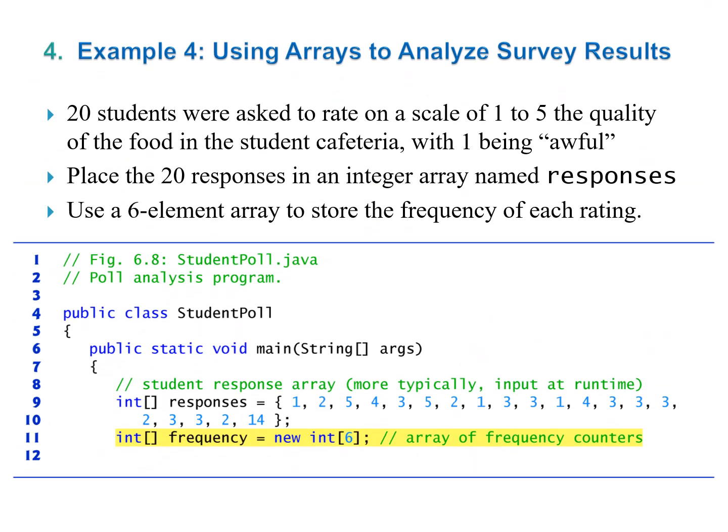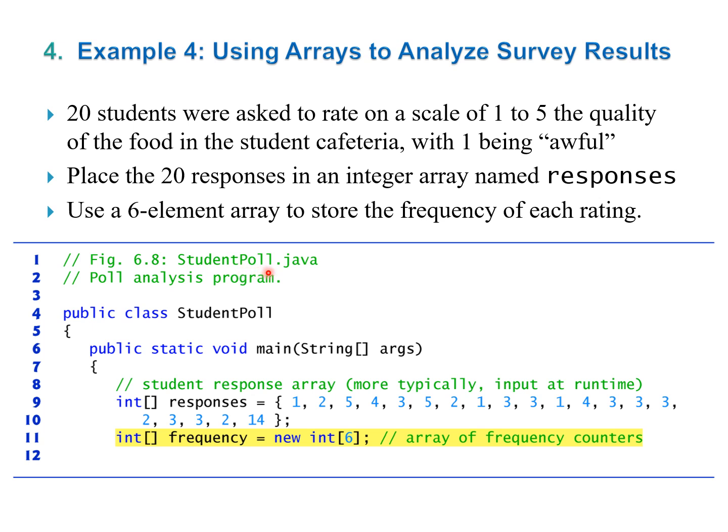Our last example uses arrays to summarize data collected in a survey where 20 students were asked to rate on a scale of 1 to 5 the quality of the food in the student cafeteria, with 1 being awful and 5 being excellent. The program for analyzing the result of this survey is